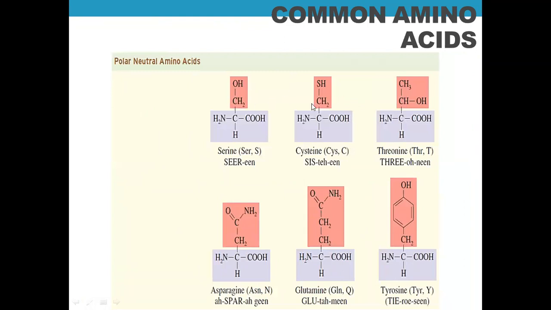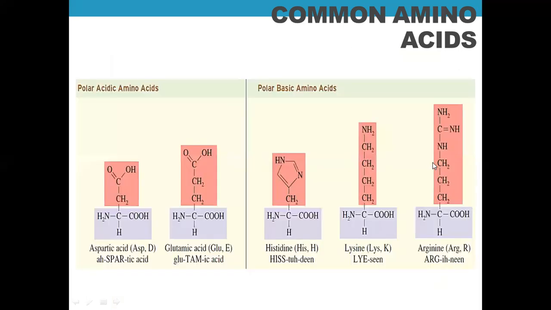When you say polar again, you have the OH at the end, or C double bond O NH2, because this can form hydrogen bonds when you have an OH group in the R side chain. And you can also consider amino acids to be polar when they have COOH. And for polar amino acids, this is the same as classifying them as negatively charged, because in solution,